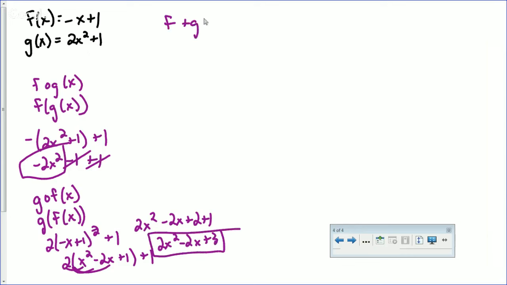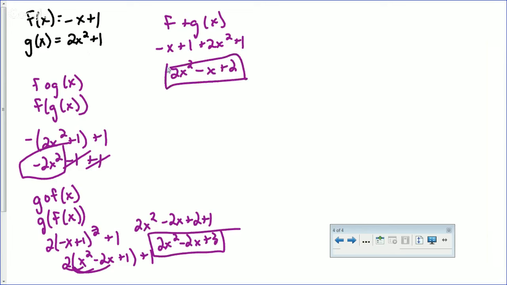F plus g of x. So here you're just going to add the two functions together. Okay, so you have 2x squared minus x plus 2, and that's it. You're not going to set this equal to 0. You're not going to multiply by this x. The only reason this x here is here is to tell you what variable you're going to use inside of